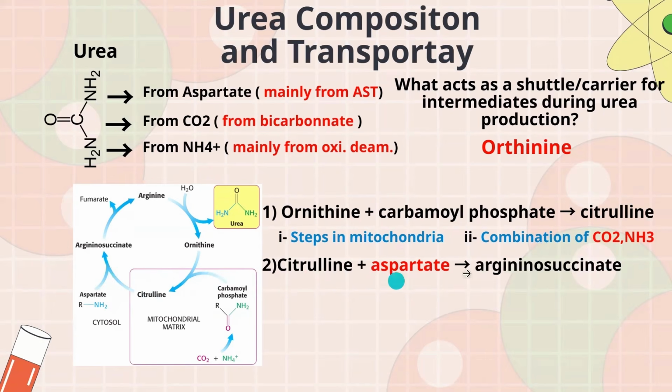Just remember it as this, because it makes a really big molecule called argininosuccinate. Now, argininosuccinate cannot remain the same. We need to break it down and cleave it. So argininosuccinate is cleaved into eventually two byproducts, which are your fumarate and arginine. I didn't mention fumarate here, but fumarate is actually important.